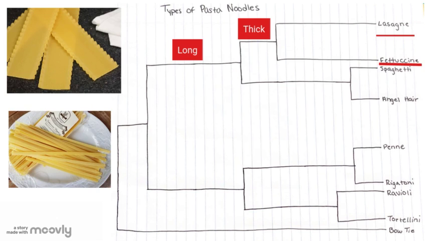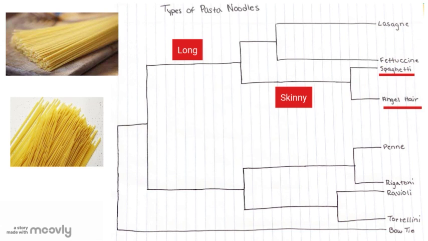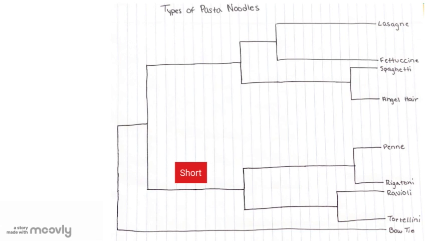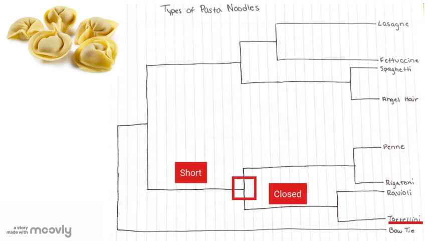Lasagna and fettuccine noodles are our thick and long noodles, which are less closely related than our skinny long noodles, spaghetti and angel hair, which are very closely related. Within our short noodles, we have a divergence between hollow short noodles and closed short noodles. Our hollow short noodles are penne and rigatoni, which are more closely related than our closed short noodles, tortellini and